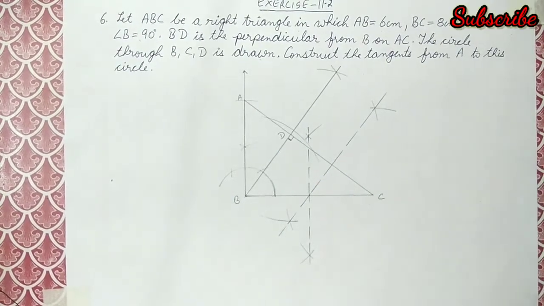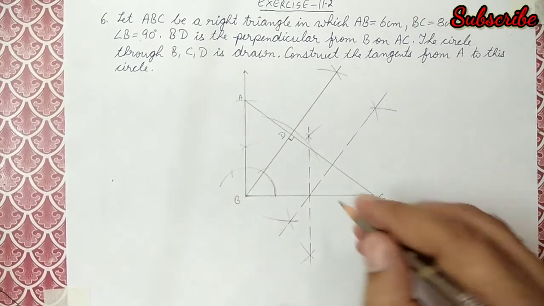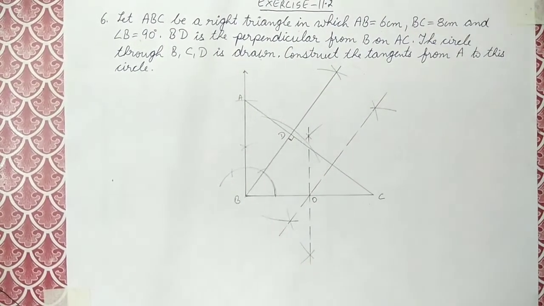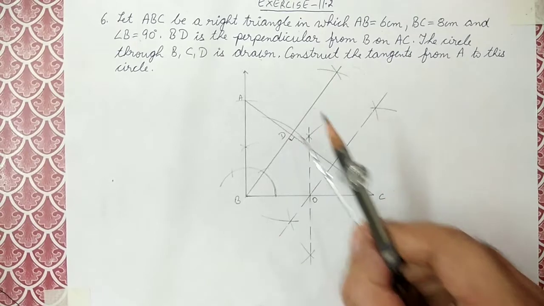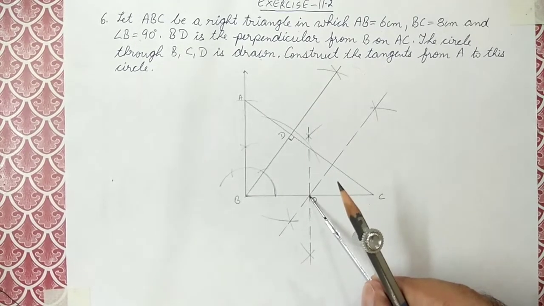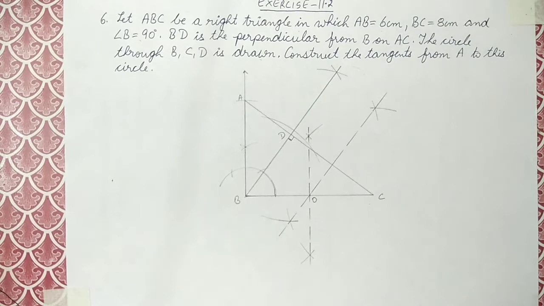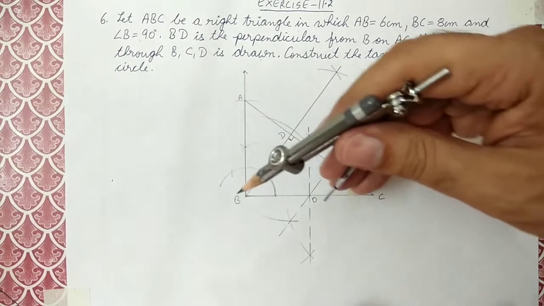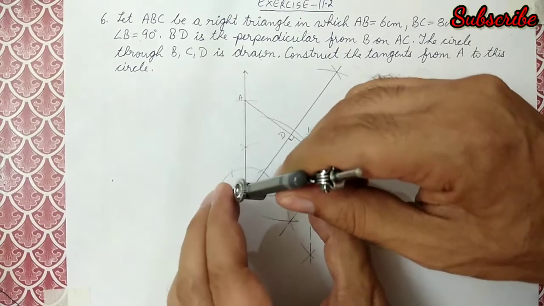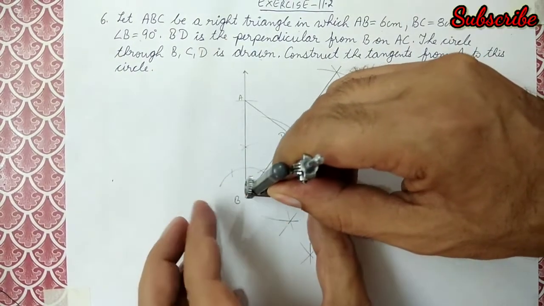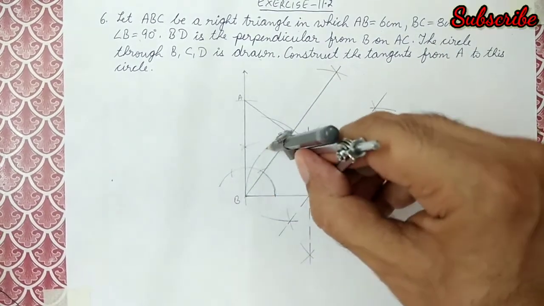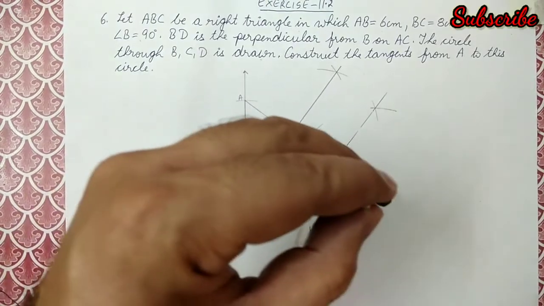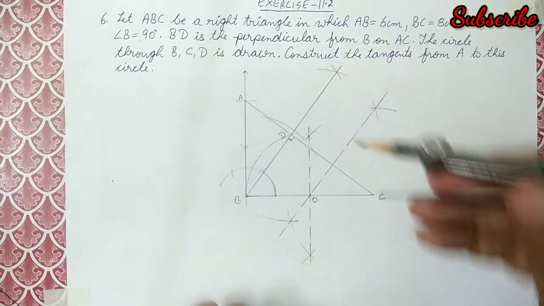Right? Now the next step, I have to draw a circle. So this point I can mark as O. This is my O point, and this O point is equidistant from B, D and C. It means I will keep the compass at O and I can open it equal to OB, OC or OD, and then I will draw the circle. So just keep it here. Right, so let's draw the circle now. You can see it's passing through D and it's passing through, oh, sorry, just missed out.